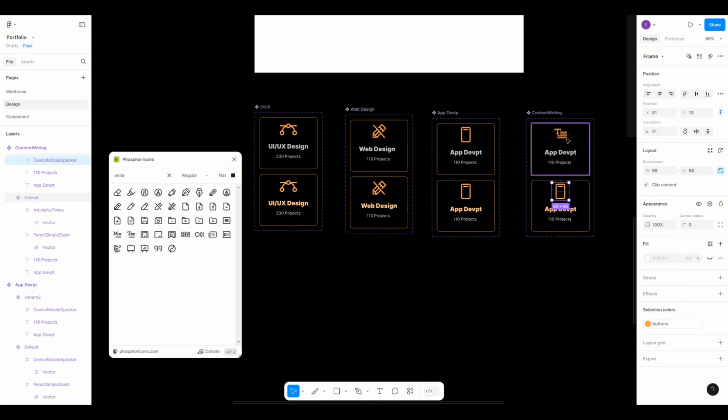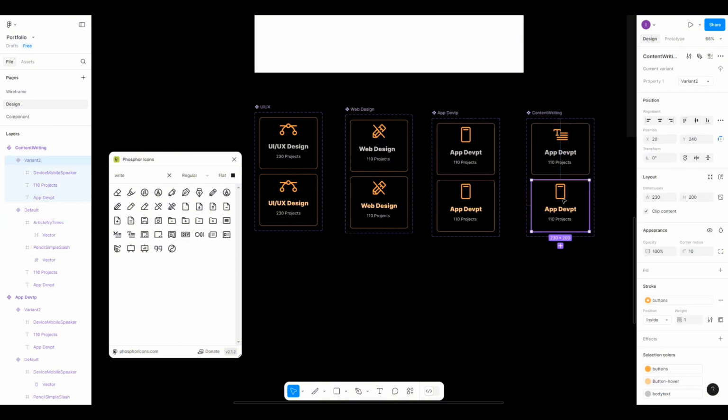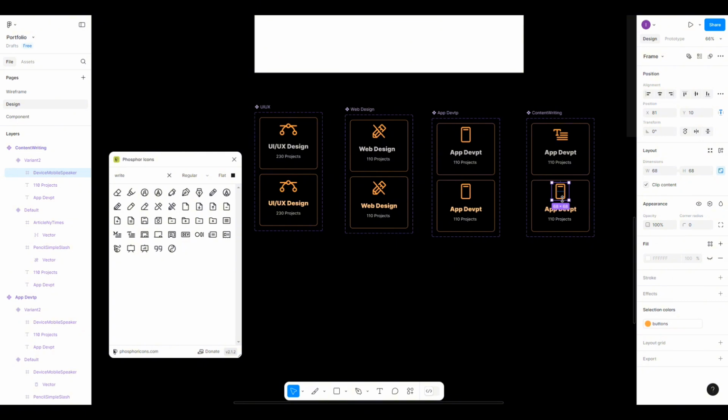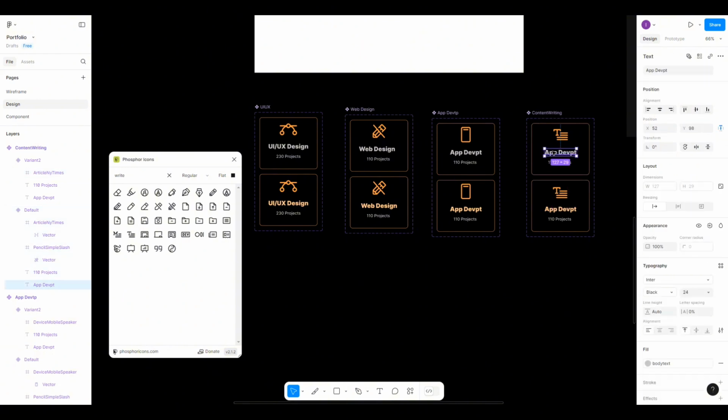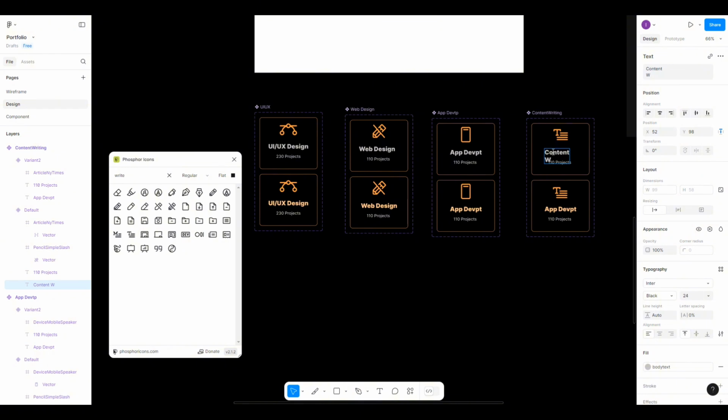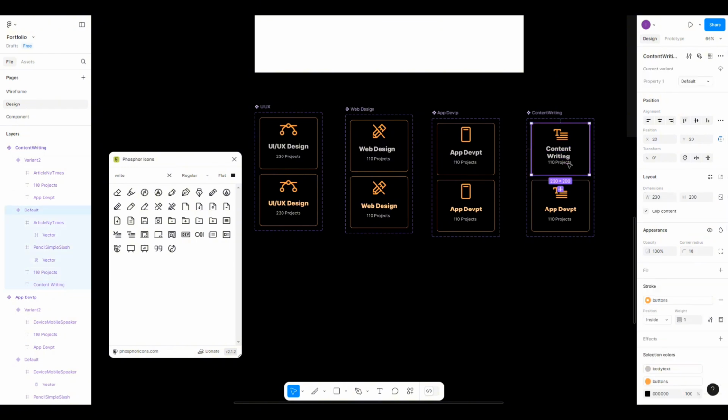and also bring the copy of it, just drag it a bit, delete this part, and bring the copy of it here, and update the text to content writing. Okay, so the content writing here, we are going to make it like this, and also bring the